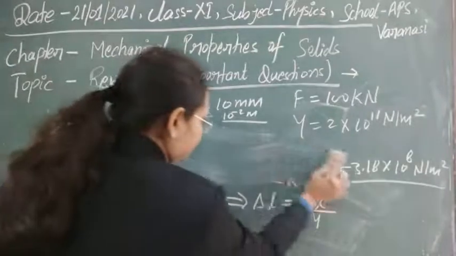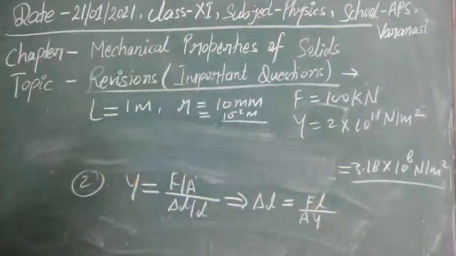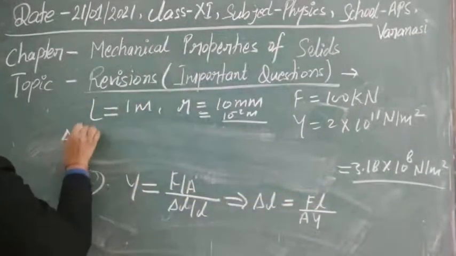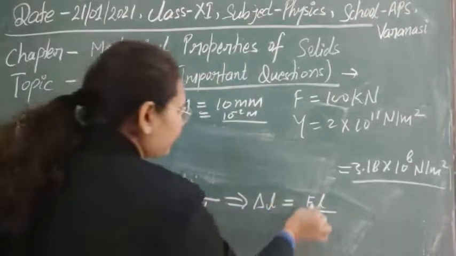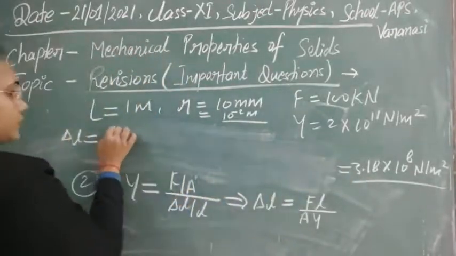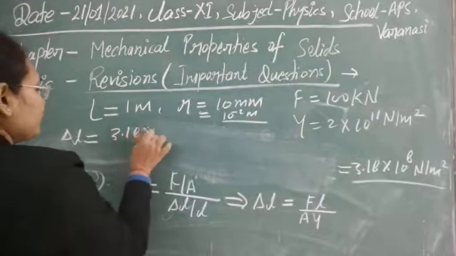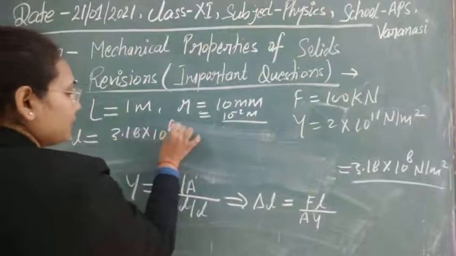I'm just going to erase it, guys. Now here we have delta L. Here F by A we have just calculated. Just put this value from here: 3.18 into 10 to the power 8, into